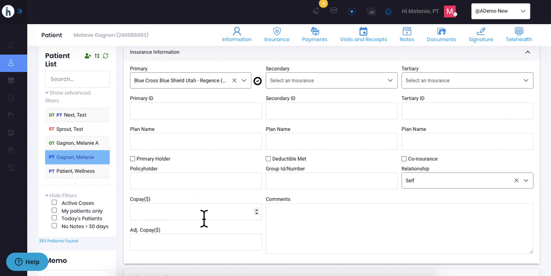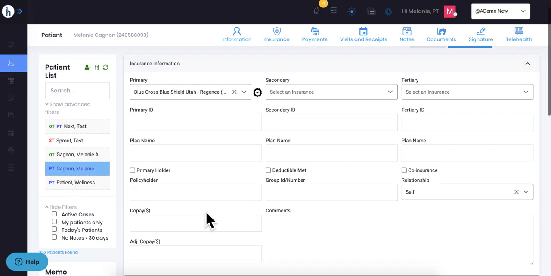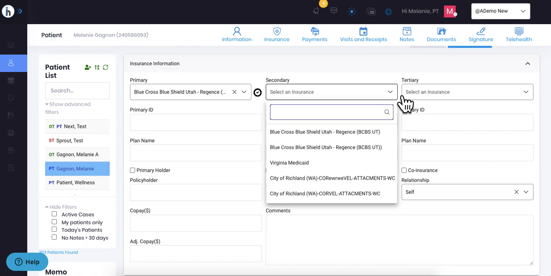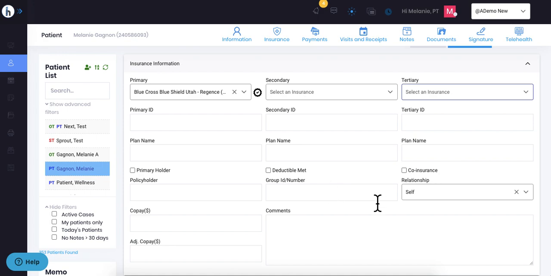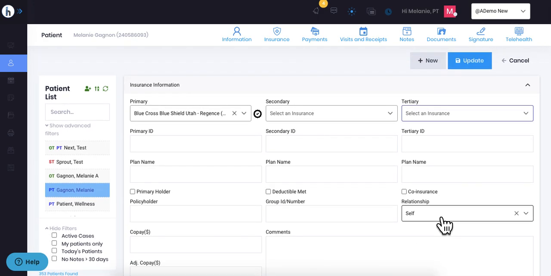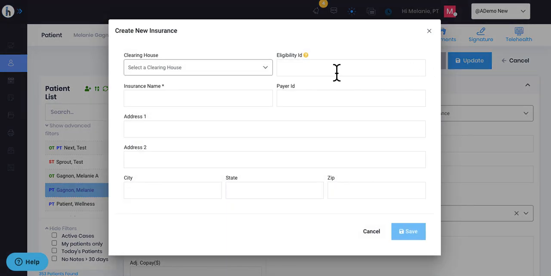You can enter if there's any copay amount, as well as additional secondary insurances, tertiary insurances with their ID and information as well. If the insurance is not listed yet, just click New, and then you can put in the